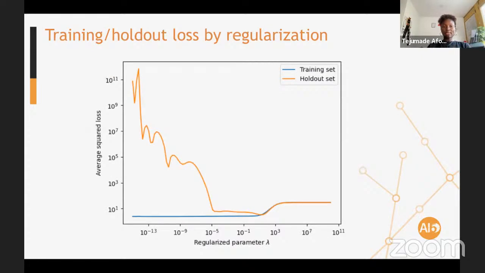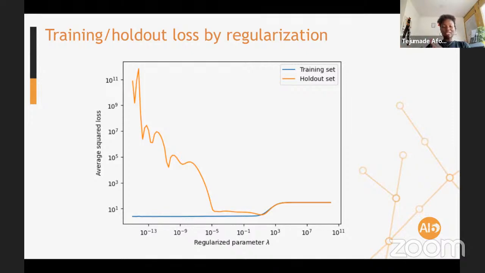Here I also show the effects that you find on your training/holdout set, whereby on the y-axis we have the average squared loss, and on the x-axis we have the regularization parameter that we've been talking about. As you increase the regularization parameter, you start to have better generalization between the training distribution and the holdout distribution.